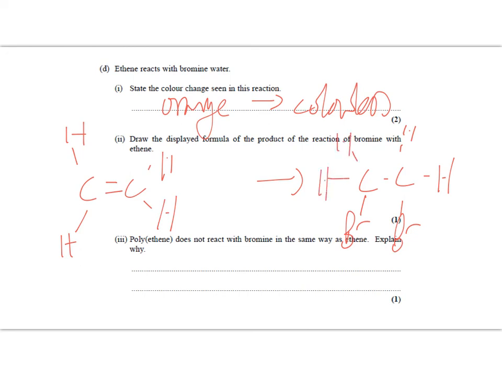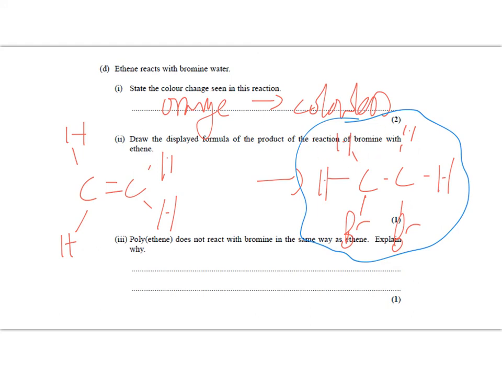So this is your answer to the question. You can see the double bond here has broken, and because of that we've needed to add on an extra atom here, an extra atom there, and lo and behold, those are the bromines